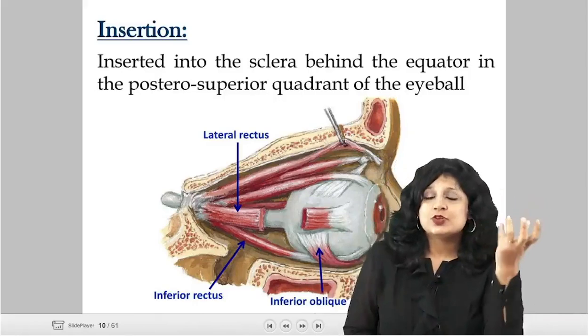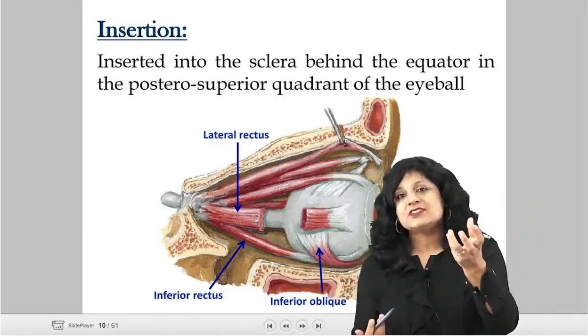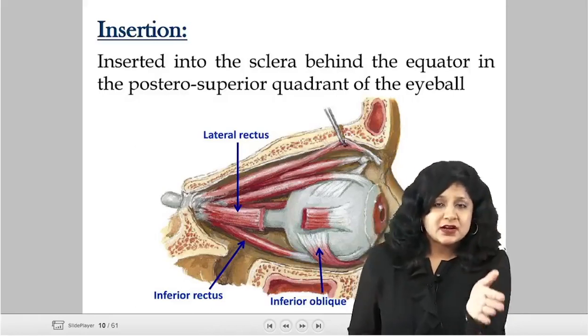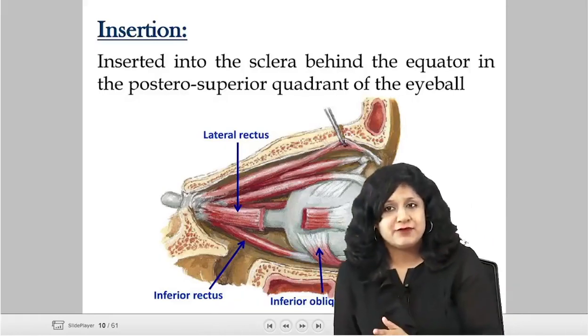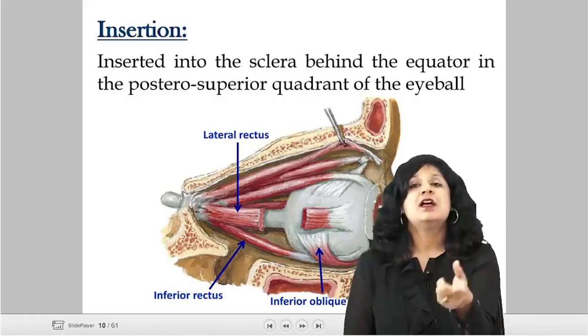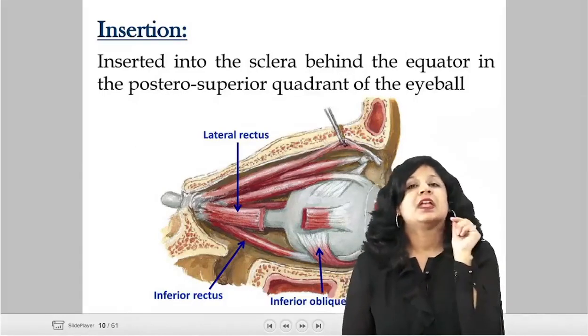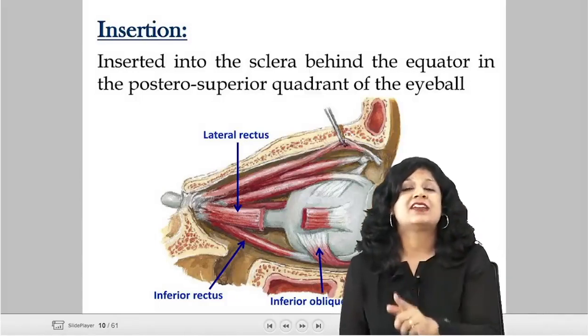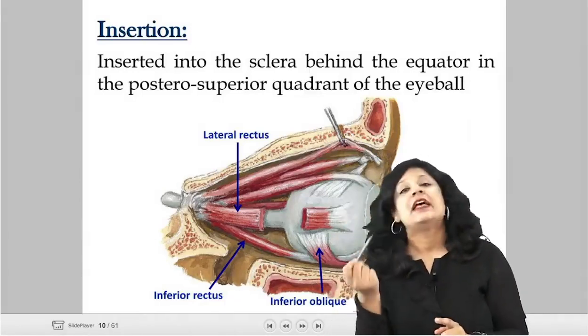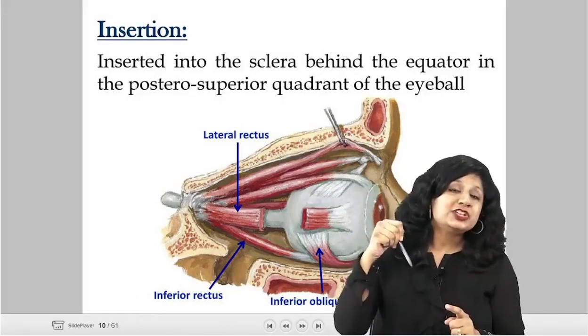Then why is this called superior oblique and why is this called inferior oblique? Both of them, the superior oblique and the inferior oblique, insert into the sclera behind the equator in the posterolateral surface, posterior and lateral both. That is why their tertiary action